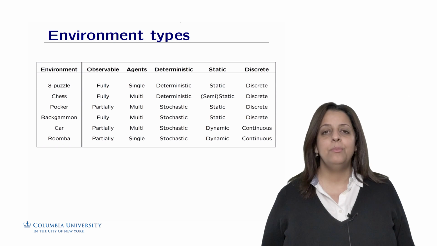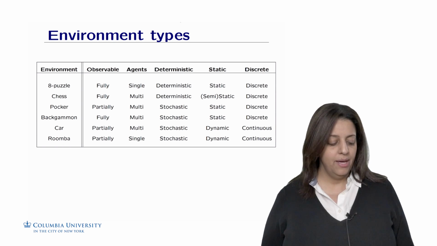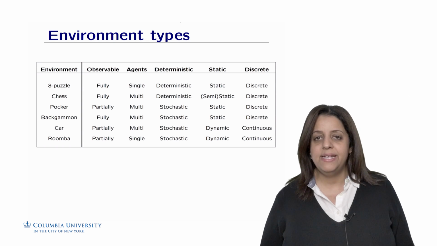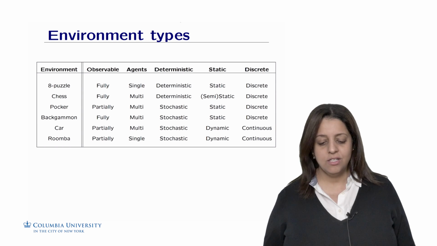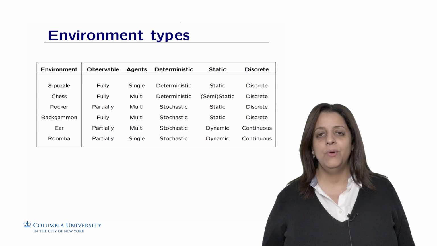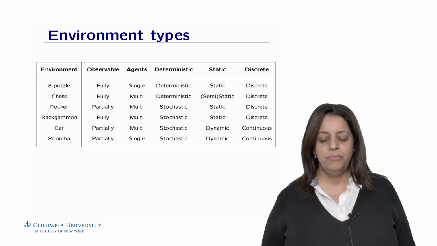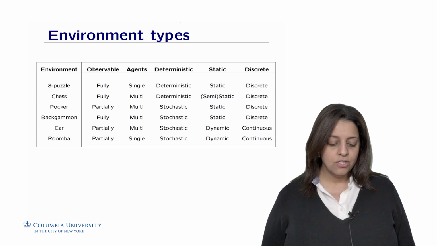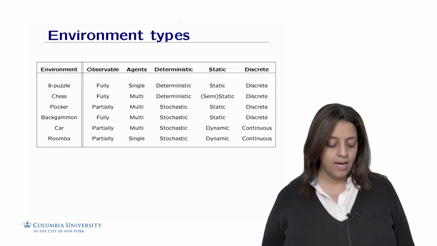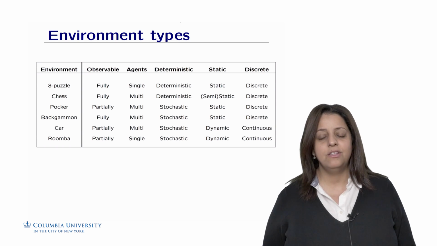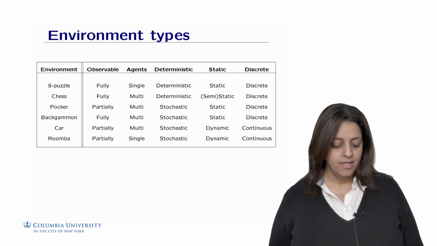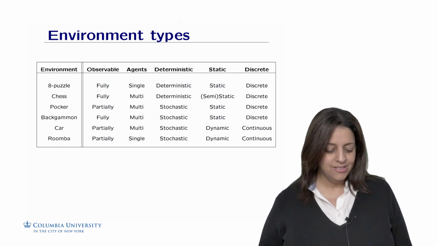Finally, if we take the example of a self-driving car or taxi cab and also a Roomba, they are both continuous because they both evolve in a continuous space and time. They are both dynamic because what's going on around them is quite changing. There are other cars going on, there are other things going on in the room, kids playing, etc. They are both stochastic. For the vacuum agent or the Roomba, dirt can appear anytime. The environment can be deterministic, such as in our small example of the simple vacuum world.